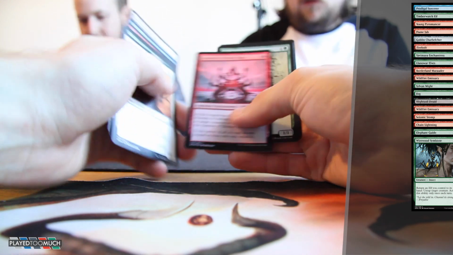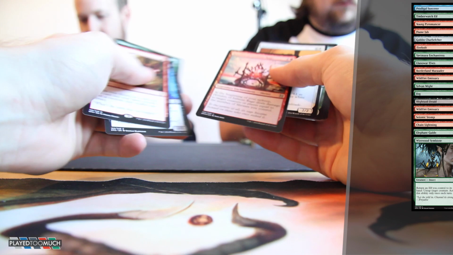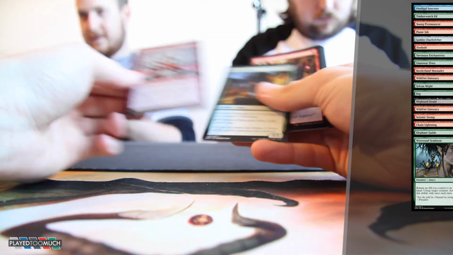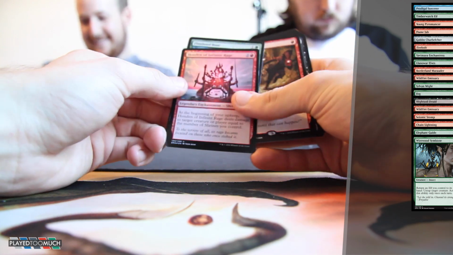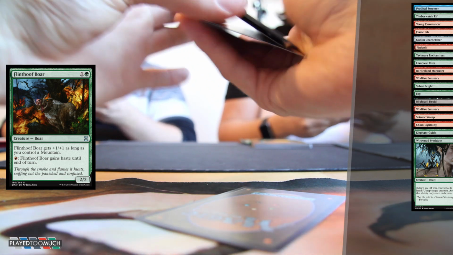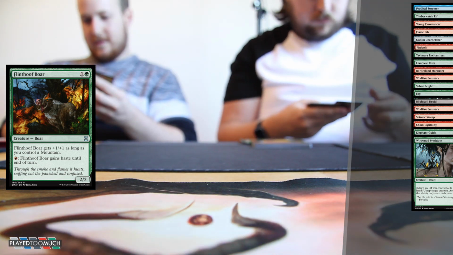There's a Flinthoof Boar in this pack for us. A Gamble. There's a Honden. The Honden's pretty good. Obviously better in multiples. You want the different Hondens, and this is the cheapest one, so in an aggressive deck, not great. That Flinthoof Boar on the other hand, smashing for 3 on turn 3 because you can give it haste